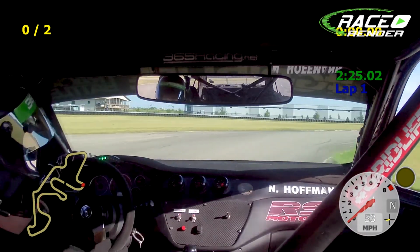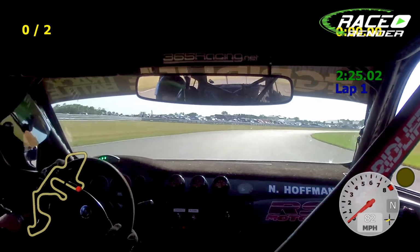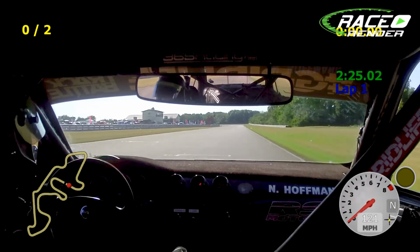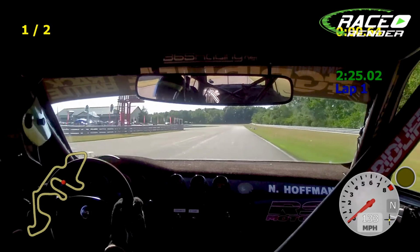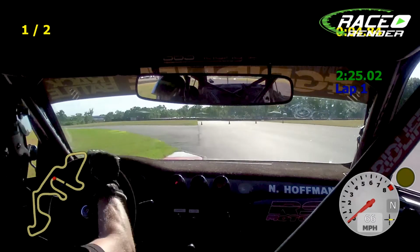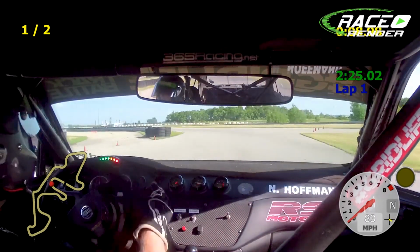So last corner of the North track, this is where we are starting the lap of Autobahn Full. Coming down the straight of the North Circuit, start finish at the flag stand. So corner 1 is blind, goes around the building. You're gonna cut that corner there at that apex, let the car drift a little bit, about halfway, coming back in,